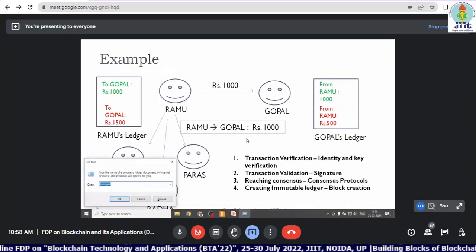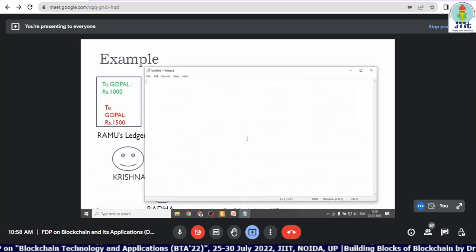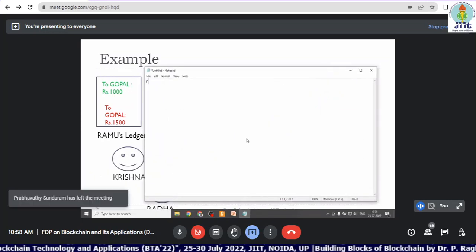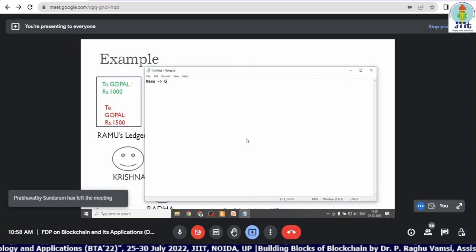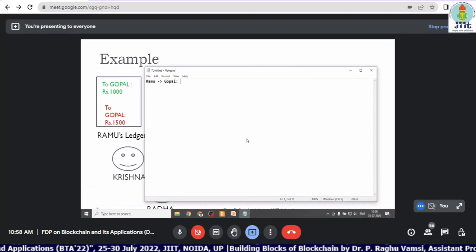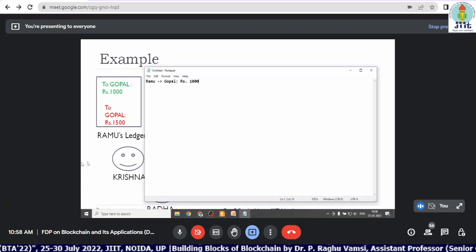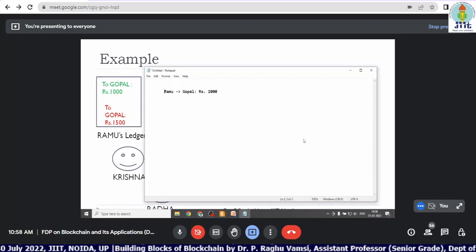For example, Ramu to Gopal, rupees 1000. I hope the notepad is visible. Is the notepad visible? Yes, sir. Yes. Okay. Now what I do is,